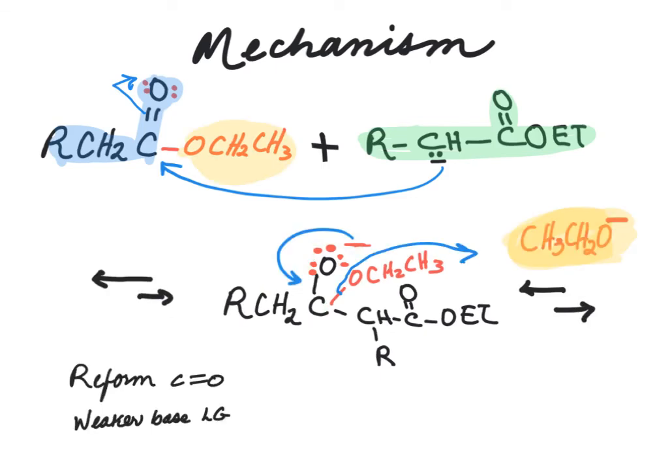Although the products of this second step are a beta-keto ester and an ethoxide ion, all of the equilibria up to this point have been unfavorable. Very little product will be formed if this were the very last step. The fact is that the ethoxide leaving group is a strong base to remove the alpha hydrogen from the dicarbonyl